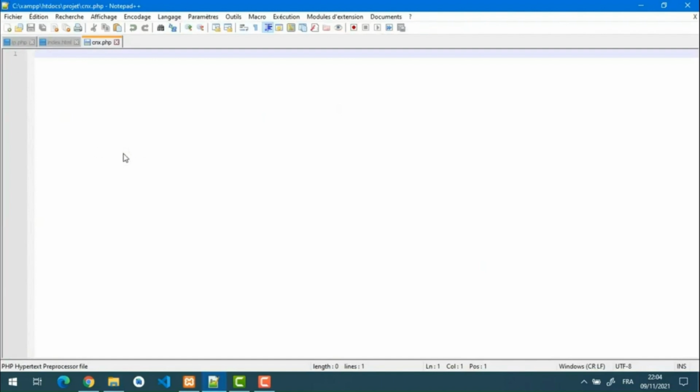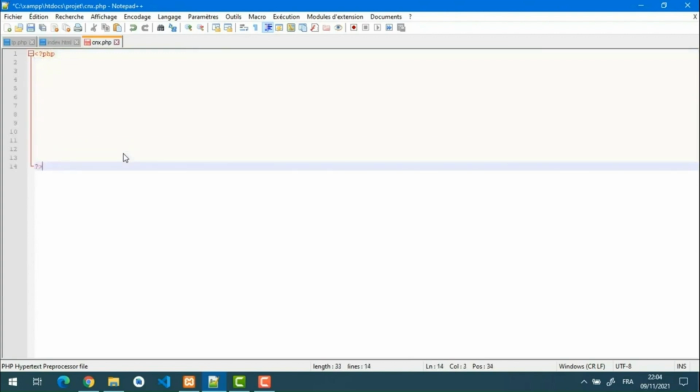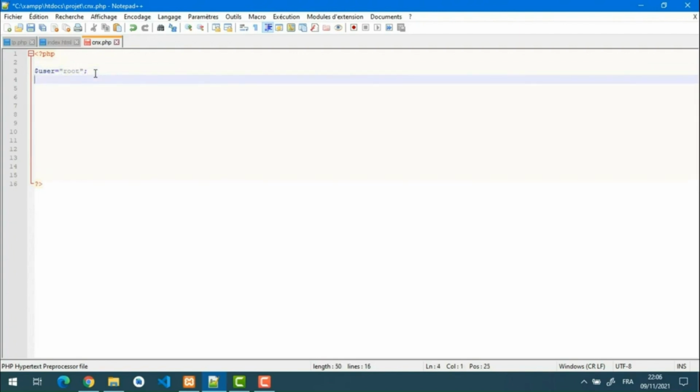I'll then enter native PHP code, first opening a PHP tag with less than question mark PHP and closing it at the end with question mark greater than. The goal is to connect to the project database. I'll use the default user, root, which doesn't have a password. So, I'll write the following variables for the connection parameters. $host equals localhost, $user equals root, $password equals empty, $name equals